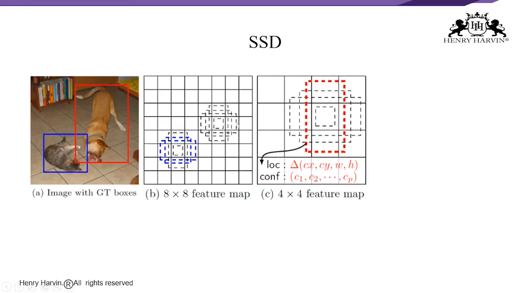Then correspondingly, we are also getting feature maps in the 4 cross 4 convolution layer. Again, we have a fixed set of aspect ratios that give all these feature maps. So now there is a location that is associated with these, right? So we can predict the location, where you can see the centroids as well as the width and the height. Additionally, for each of the classes, we have the predicted class probability also.